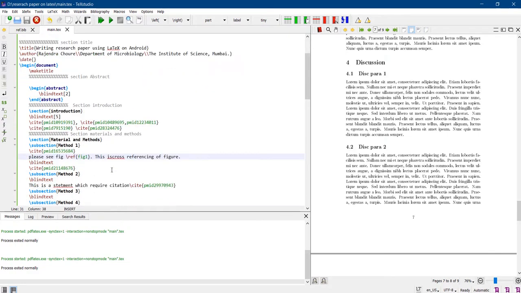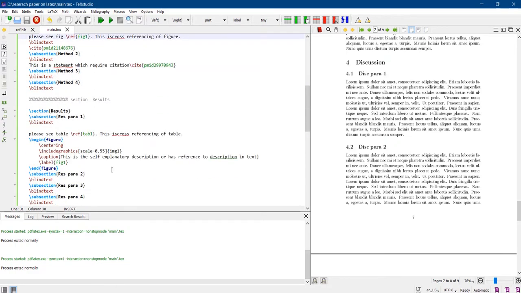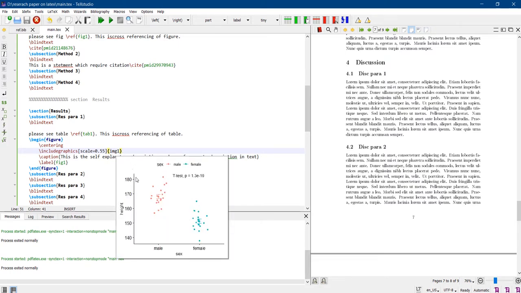Now I will show you how to go for the figures. And this is a figure, \begin{figure}, \end{figure}, and then \centering is the code required to get that figure into the center, and \includegraphics is the command which fetches that figure, and we have saved the figure in the same folder in which our main text folder is there. This scale 0.55 adjusts the size of the figure, and image1 is the name of that figure. Okay. And when you take your cursor here, that image will appear here.